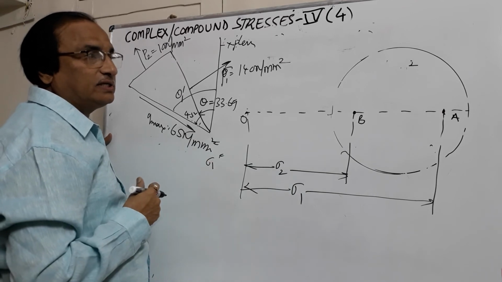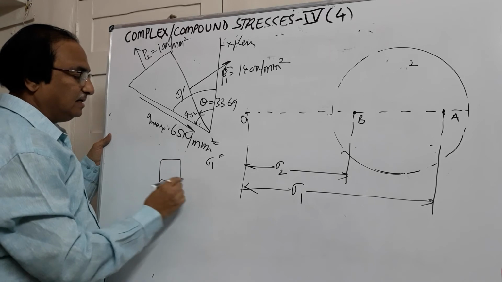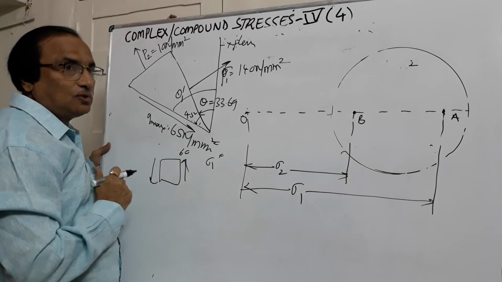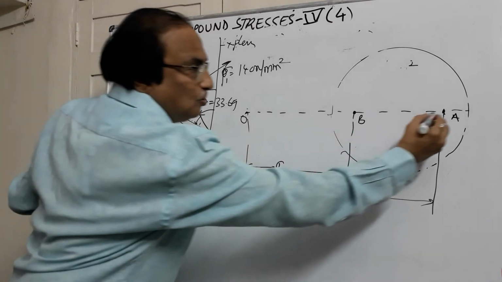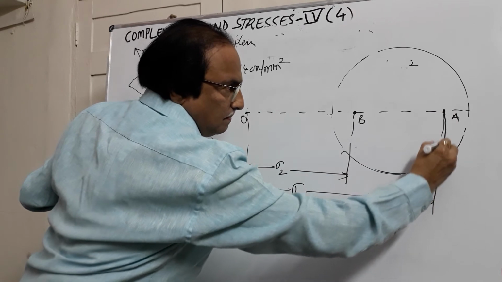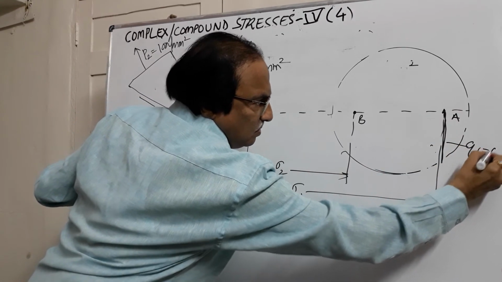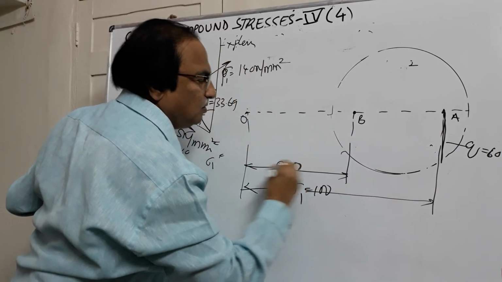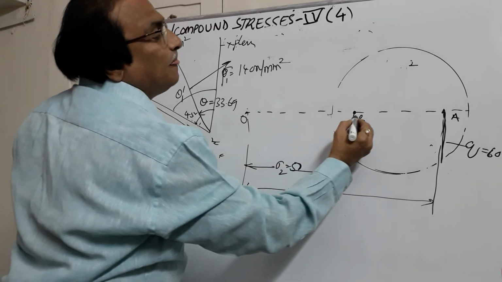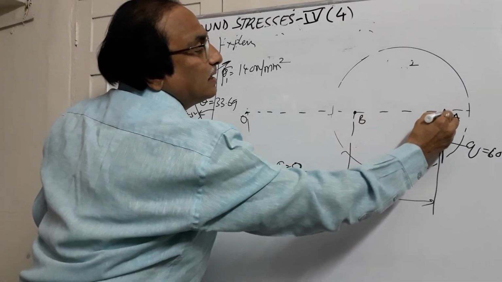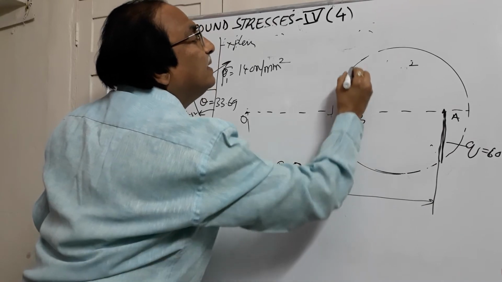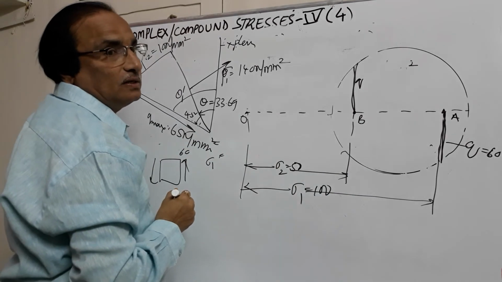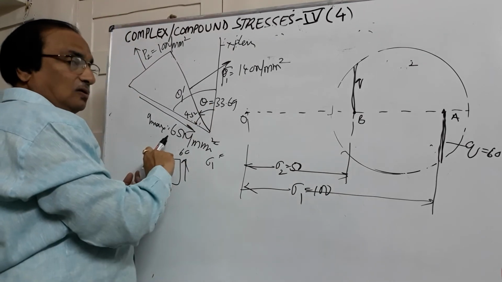In addition, there is a shear stress acting, and the shear stress acting here is 60 Newton per mm square. It is causing anti-clockwise rotation. So anti means positive. Whenever it is positive, here the line should go down. So this will represent Q is equal to 60 Newton per mm square. This is 100 Newton per mm square. This is 50 Newton per mm square. Now with AB, here a line is drawn Q. So similarly at B, draw a line. This line will again represent the shear force Q. There are shear forces on this face as well as on the other face.